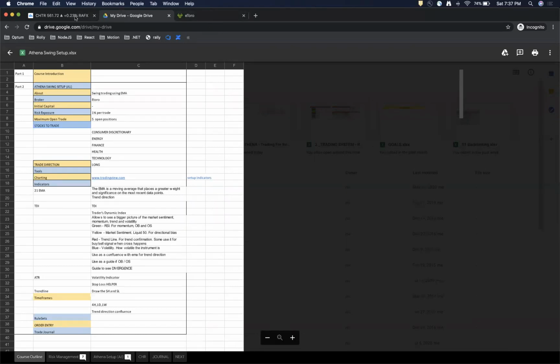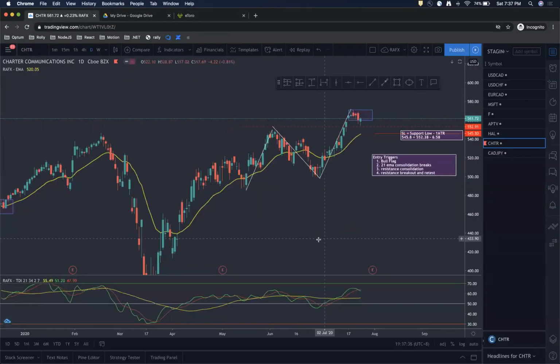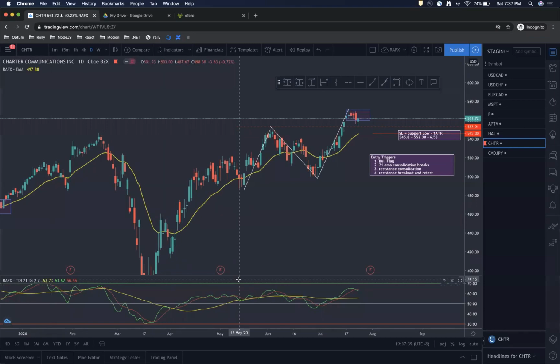So the blue one, I did not include the blue one here because I rarely use that. The blue one is for volatility actually. So we know that volatility is the range of spike of the price. It can be how volatile the market is on a daily, hourly, monthly, or weekly basis. It depends on the time frame that you are trading. So I removed that indicator on the TDI because it gives me some noise,